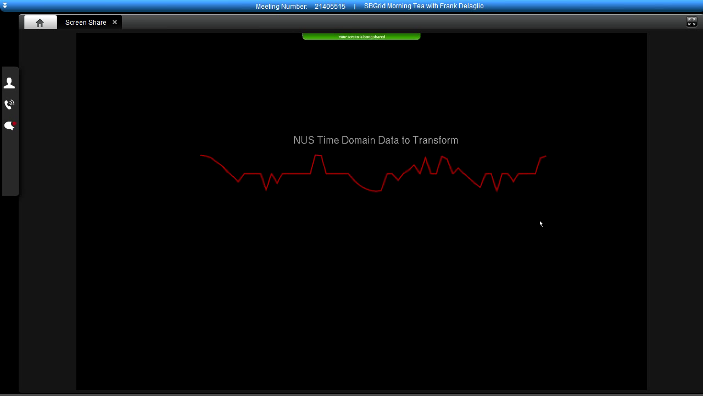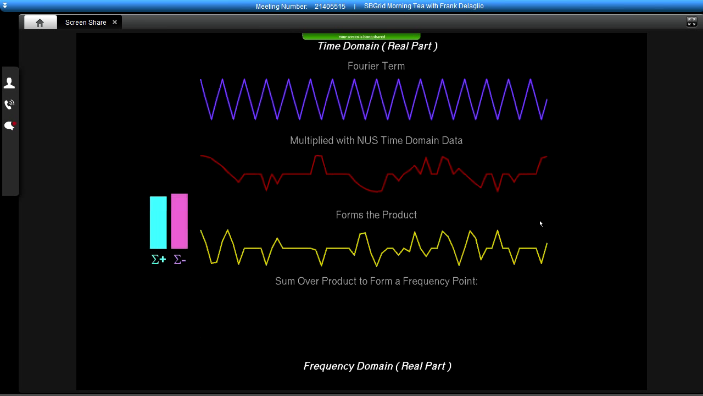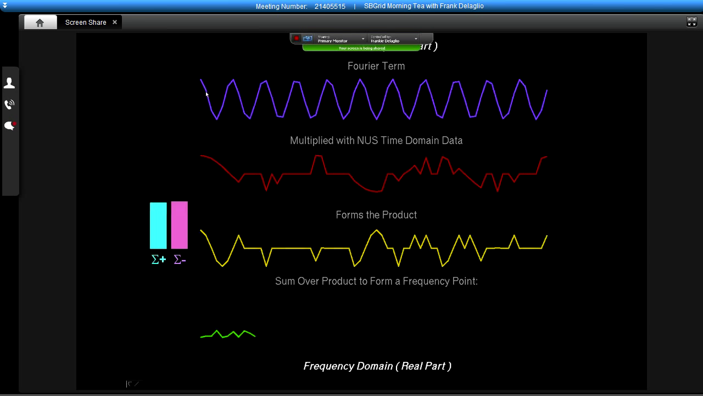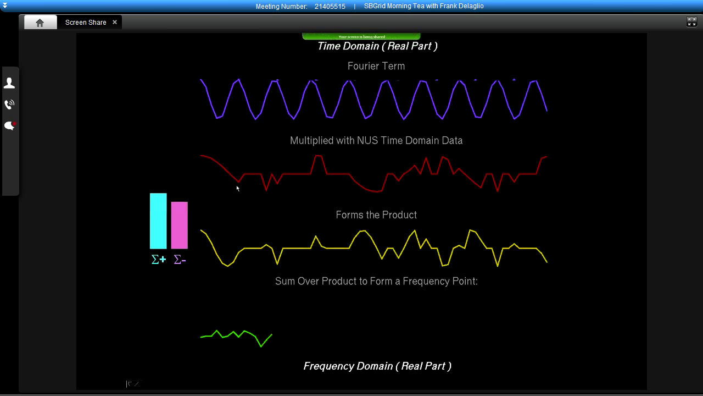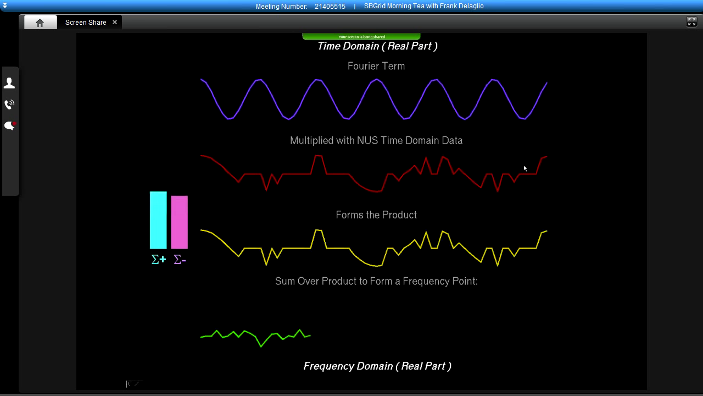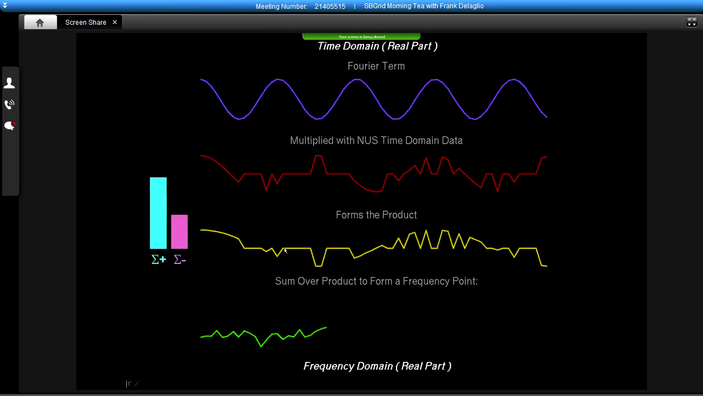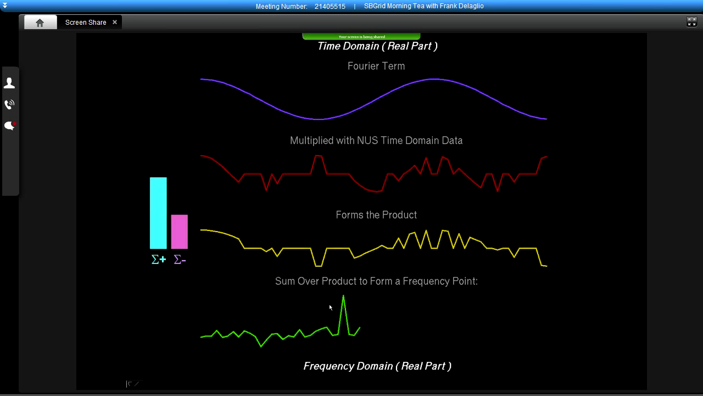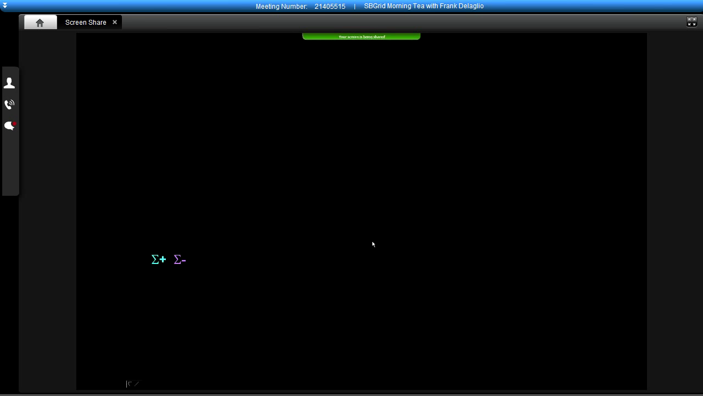So what happens when we Fourier transform this kind of time domain data? The mechanism is the same as before. For the Fourier transform, we multiply it by our non-uniformly sampled time domain data, and that generates a product. But in this case, some parts of the product are randomly missing,